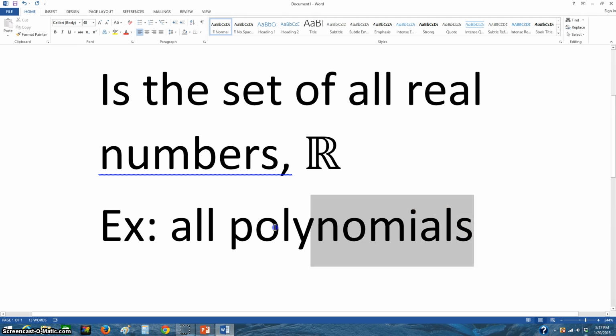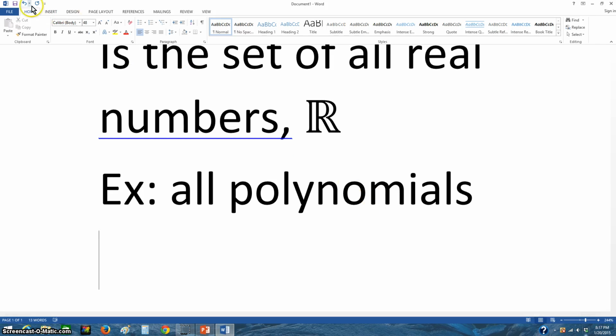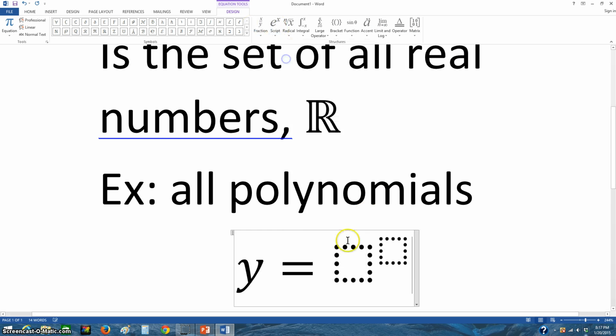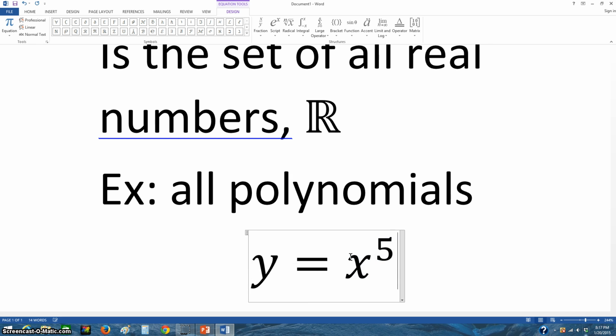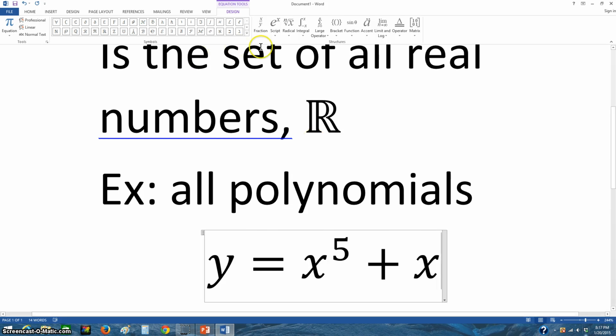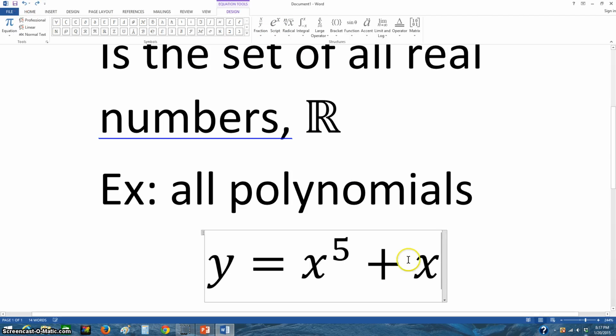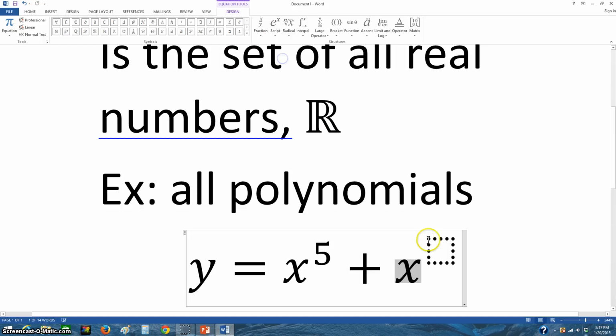So all polynomials typically have the set of all real numbers for their domain. Example, a polynomial is something that looks like this. Let's see, y equals x to the 5th plus x cubed plus x. I'm just making something up here. That is a polynomial,